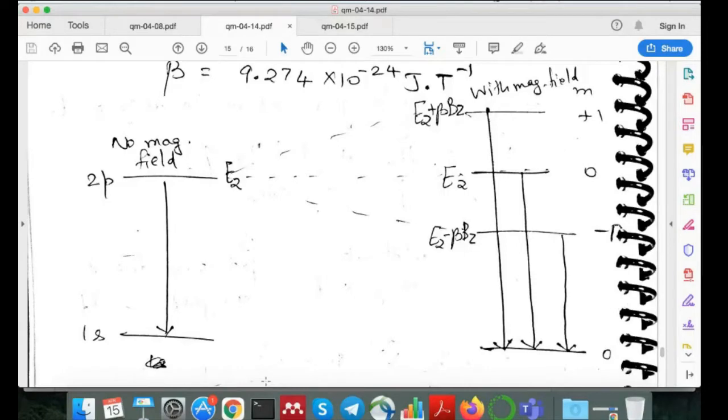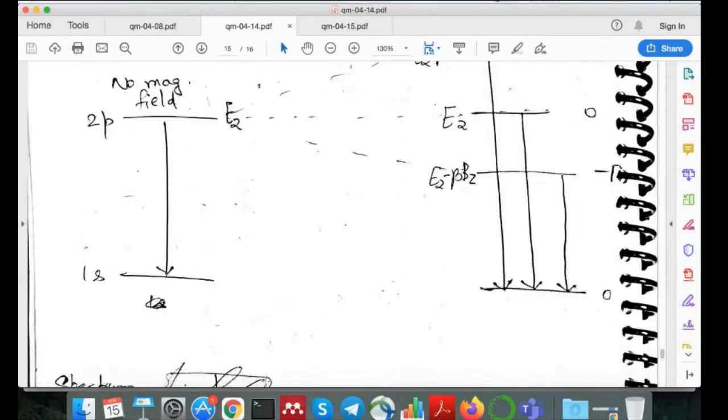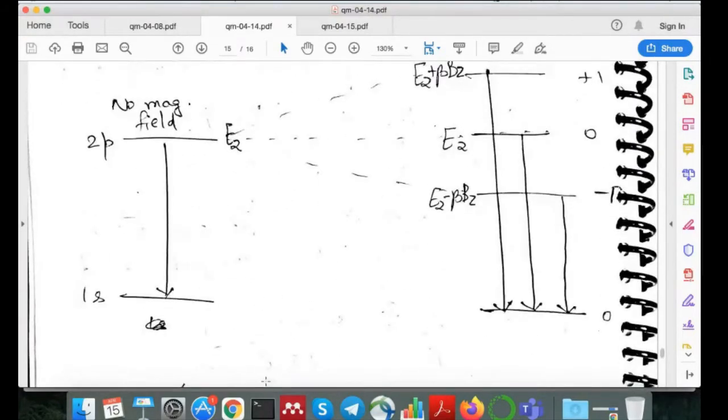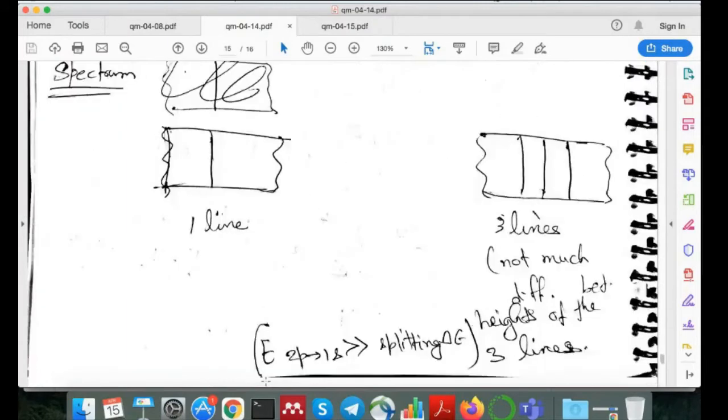So they will be degenerate. And then when you apply a magnetic field, you will see 5 non-degenerate levels, in the case of L equal to 2. All right, so that is the concept, and that concept is known as the Zeeman effect. That splitting of energy levels under the presence of a magnetic field is known as the Zeeman effect.